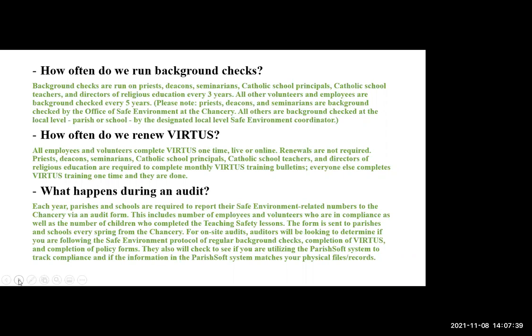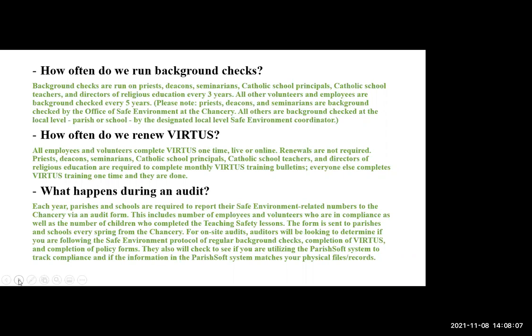We participate every year in what's called a data collection audit. If you are familiar with working with safe environment, you know that you hear from me every spring and I want to know your numbers. I usually send you a form. Since COVID, we've been doing it via email. That has worked so well that we are going to continue doing it by email